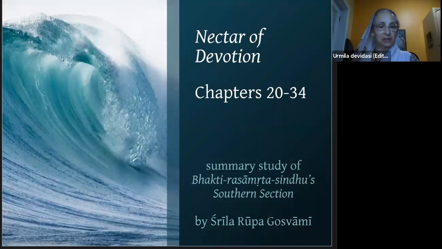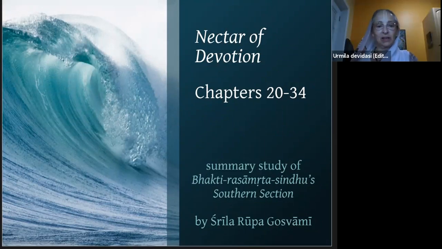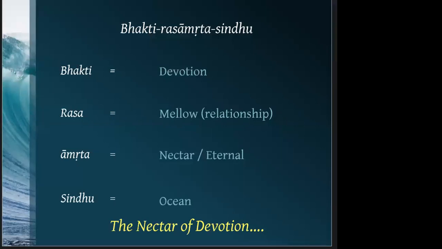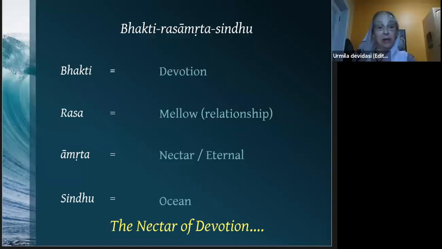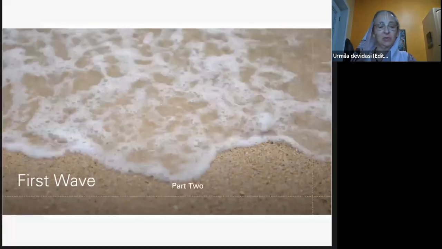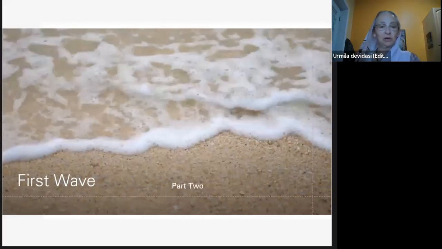So this is the southern section of Bhakti Rasamrita Sindhu, chapters 20 to 34, the Nectar of Devotion. And again, Bhakti Rasamrita Sindhu, the devotional mellow and the nectar ocean. And in this southern ocean, we look at the 5 components of rasa: Vibhava, Anubhava, Sattvika Bhava, Vyabhichari Bhava, and Sthayi Bhava. And we are still in the first wave of Vibhava. We are doing part 2